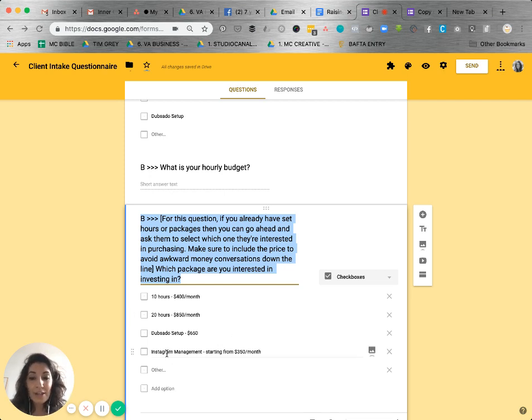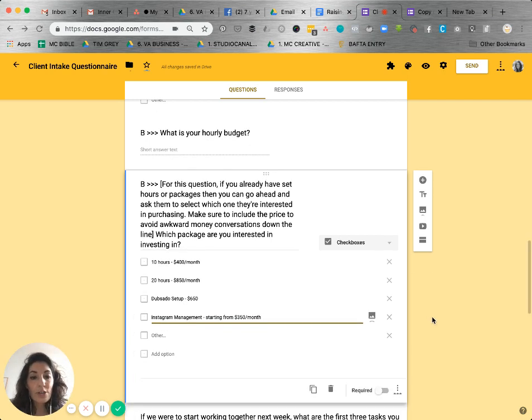And you can see for one example here, I've added a starting from rate. So if the package rate depends on how much the client needs, you can have a base rate so that you can build on that depending on how much work they need. It's not like a fixed price. You're stating that it's a starting from price, and it might be later on in the interview that they actually need a little bit more than the base